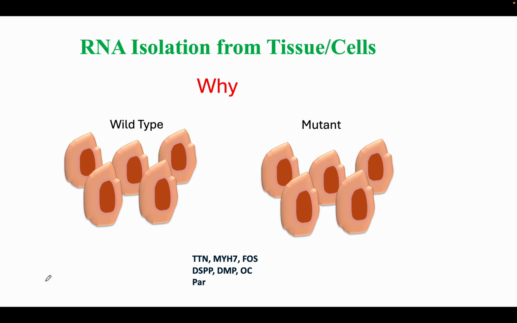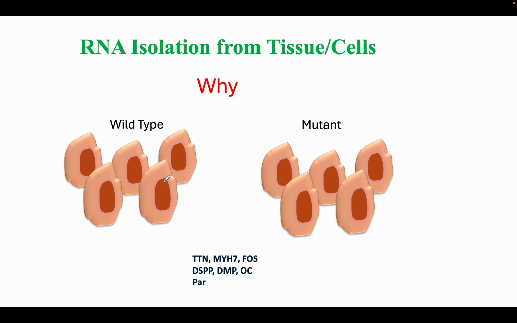these mutant animals, some of the genes in the cardiomyocytes, for example, TTN, MYH7 or FOS gene, are upregulated. Or, for example, we have a hypothesis that in the odontoblasts of this mutant animal, the DSPP, DMP or OC genes are downregulated. Or we have a hypothesis that in these mutant animals, the Purkinje gene in the neuron is upregulated. So when we are really looking at the expression of some genes, either downregulated or upregulated as compared to a control group, we need